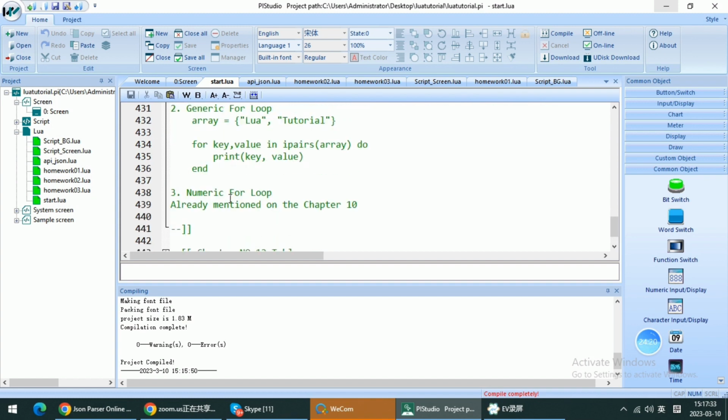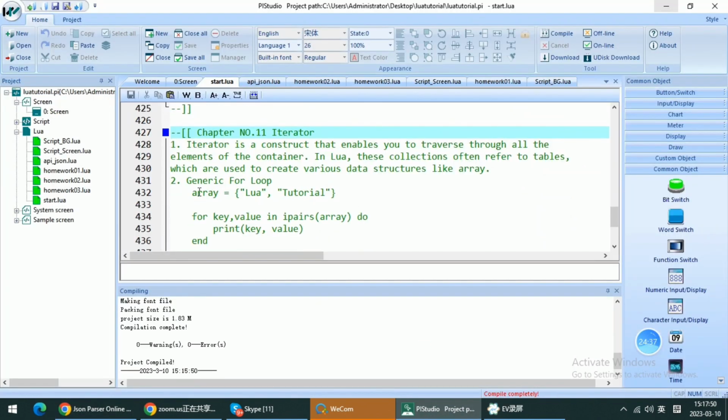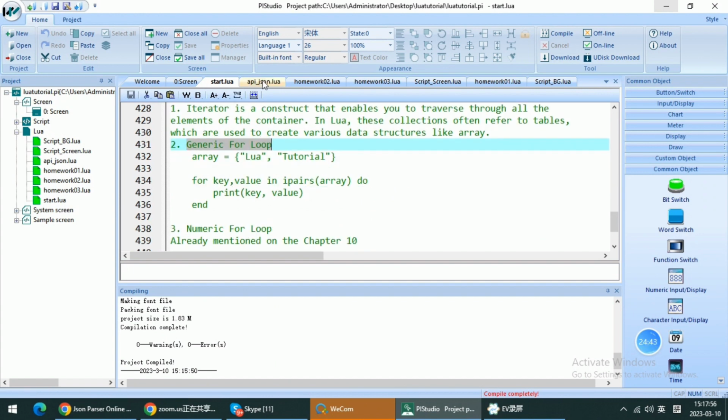When we meet a table that isn't indexed by number, we can use the generic for loop. For example,